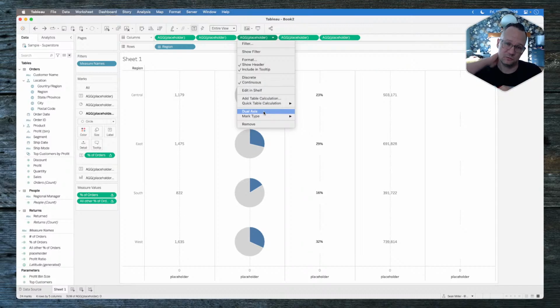If you click this option, it will always dual with the one right next to it, right? It'll always be the one to the left. It'll always dual axis to the one to the left. If you do the drag and drop method, you can drop it anywhere. But if you do the context menu, then it will always dual axis with the left